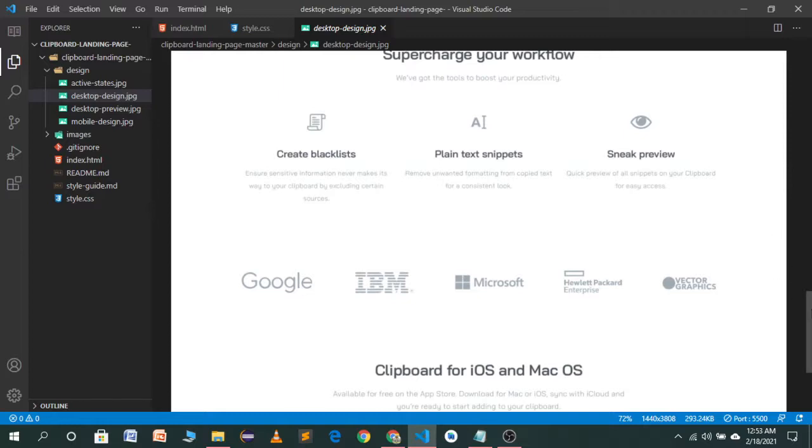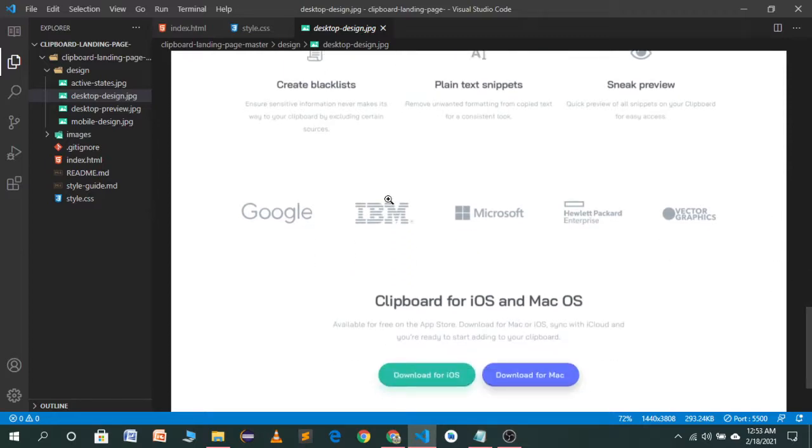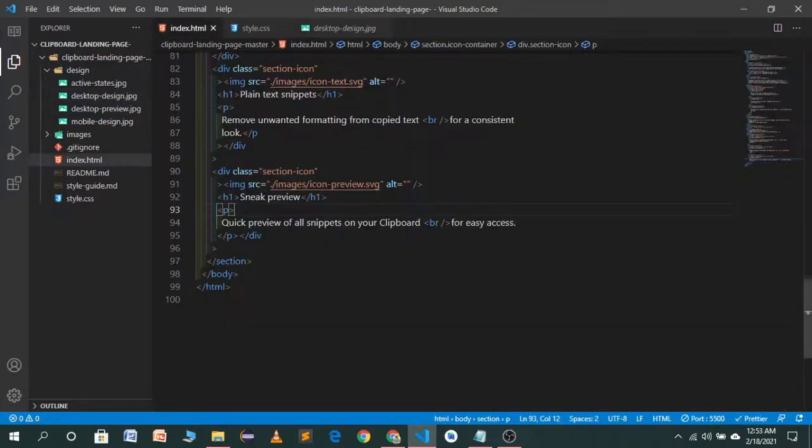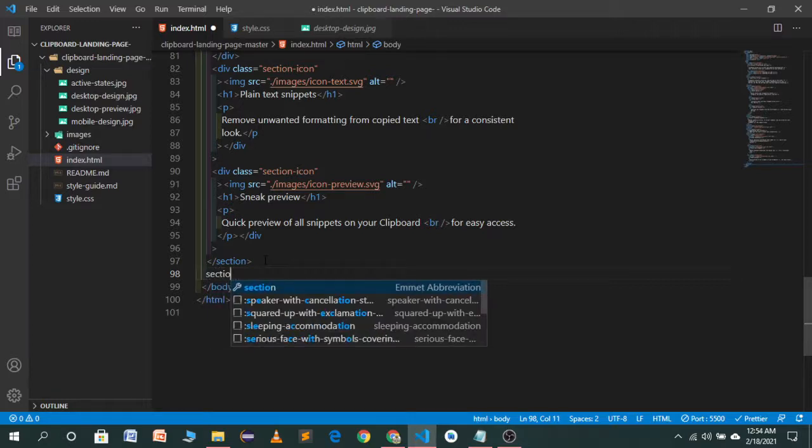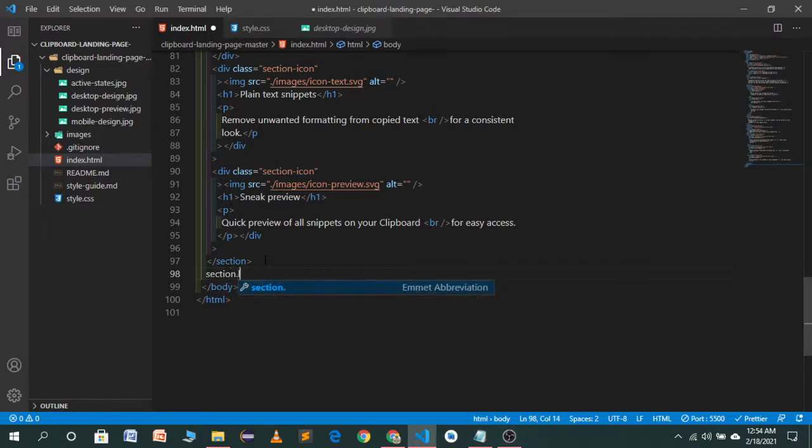Now move to the demo part. So in this part of the build we want icons for big tech companies, which are Google, IBM, Microsoft, HP and Vector Graphics. These are logos. So this section will be called logo container.